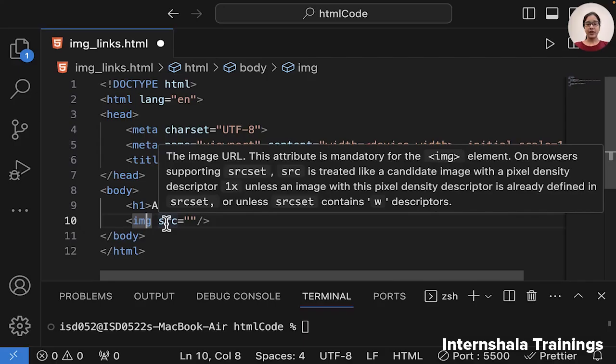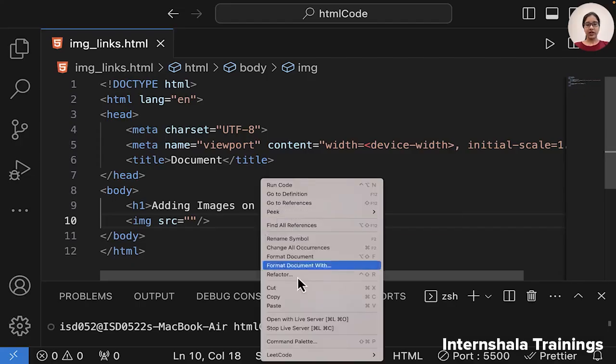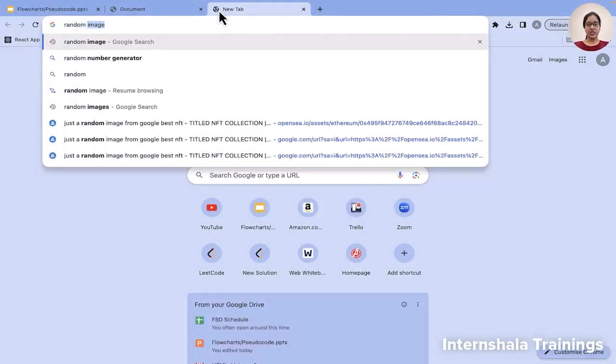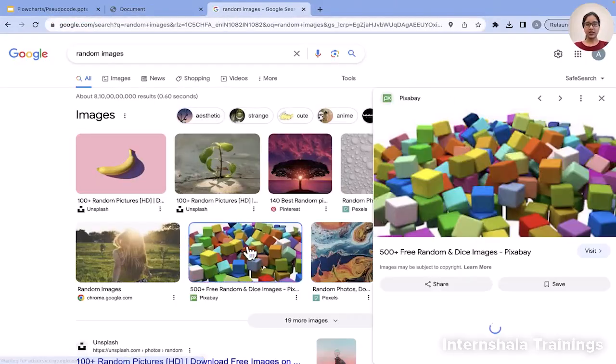Now when I say img src equals, here I have to give the link or reference to the image which I want to add to my web page. Let's quickly run it. We have this "adding images on our web page". Now I have to add an image, so let's search for some random images and pick this image.